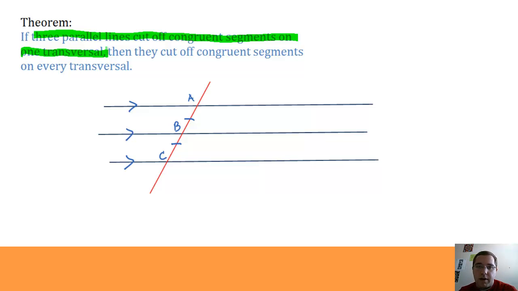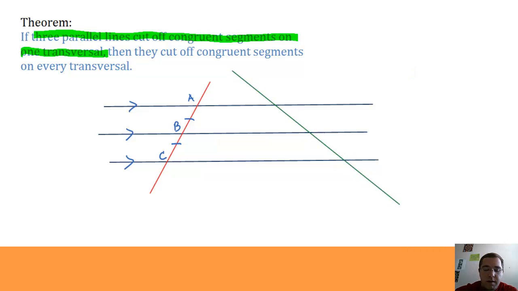The red line is my transversal in this case. They cut off congruent segments because AB equals BC. This theorem says they cut off congruent segments on every transversal. So if I draw in any other transversal, any other line that cuts through these parallel lines, that one for instance,